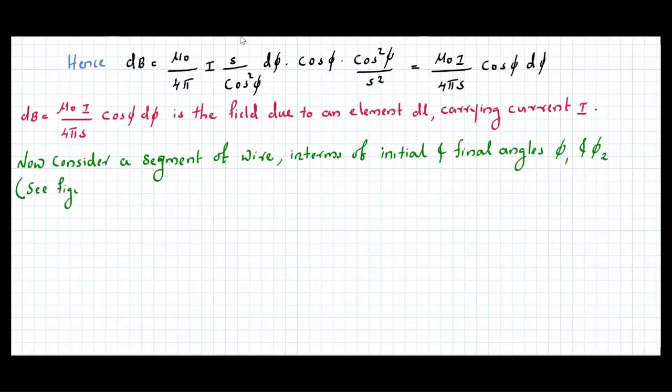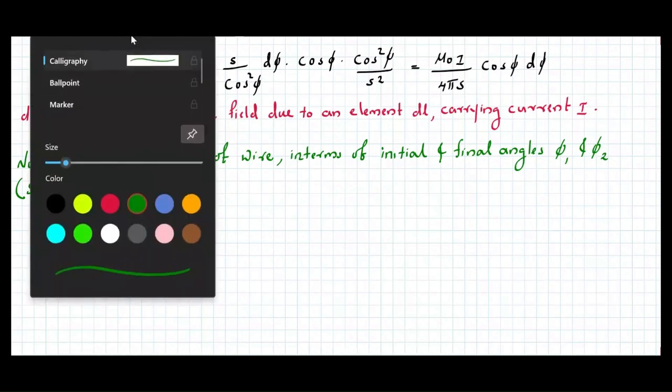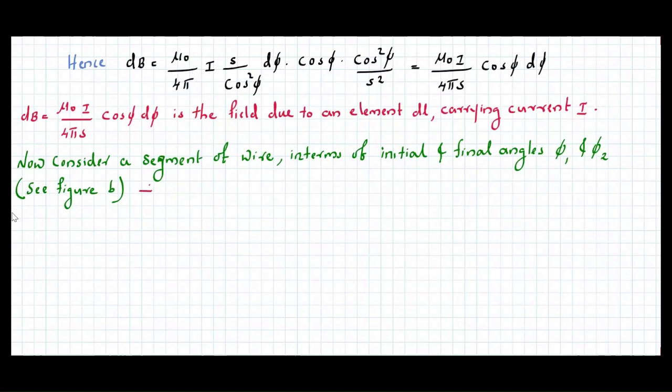See figure B. Thus the field B due to the segment of the wire is given by